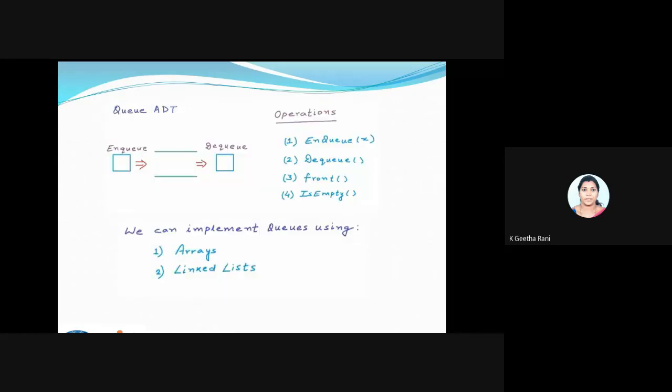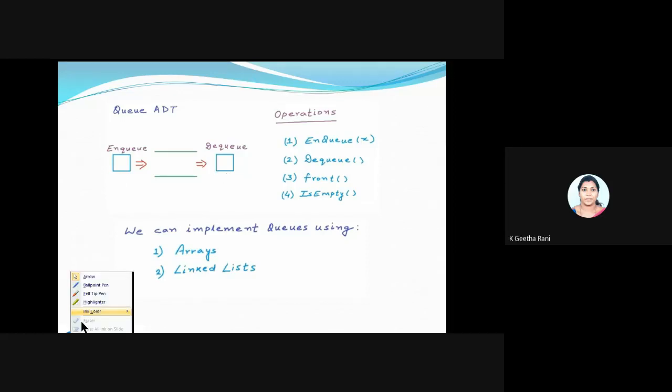So what are the operations inside the queue? It will be the NQ operation and DQ operation. NQ will be used to just enter the values, and DQ is the point where we'll be deleting the data. Since we have a queue concept, we know the queue is like a hollow cylinder, so both ends will be open. In this diagram I'm showing an NQ here and a DQ here.